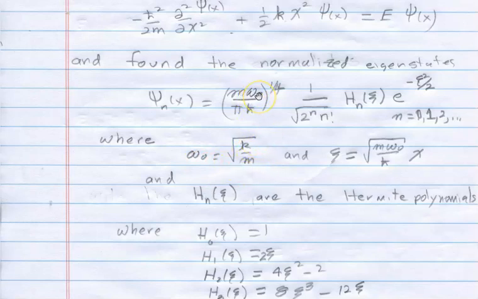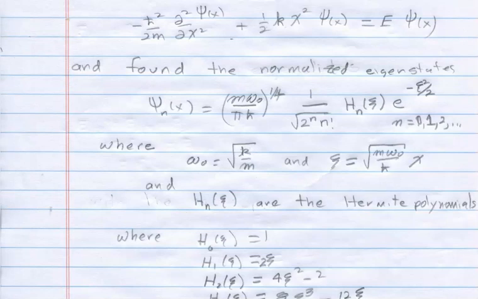That's in here. The Hn of chi are the Hermite polynomials. I've given an abbreviated table here, but your book has a more extended table. And chi is this dimensionless variable that we introduced here. So we had these solutions. They're nice